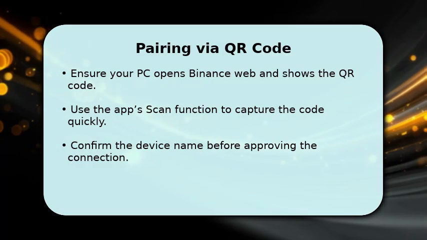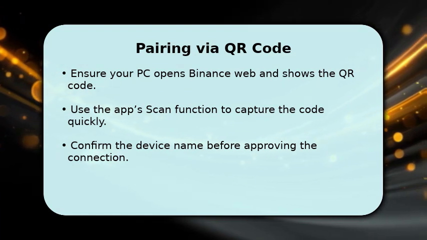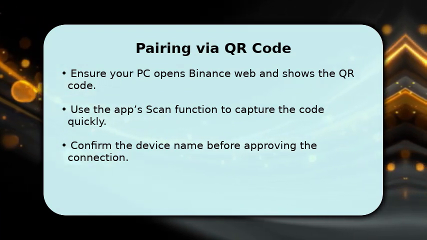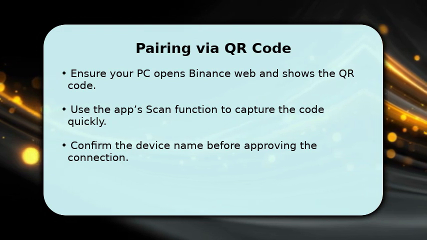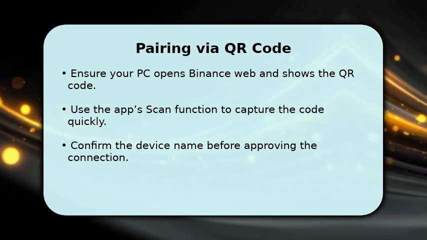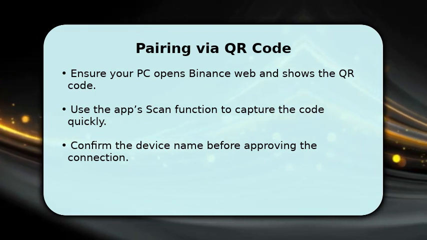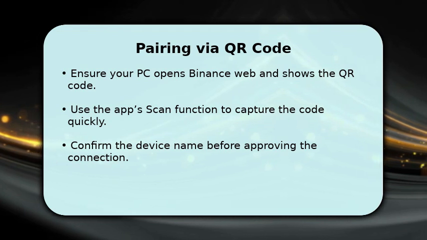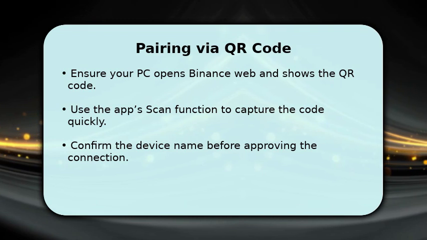Scanning the QR code is the fastest way to link your mobile app to your PC. Open Binance on your computer, click the QR icon on the web login screen, then use the mobile app scanner to read it. After scanning, check the device name and permissions, then approve the connection within the app. If scanning fails, I'll explain alternate methods such as entering a code or using a secure hotspot, step by step